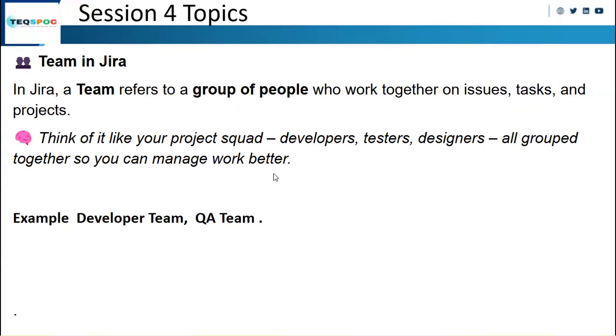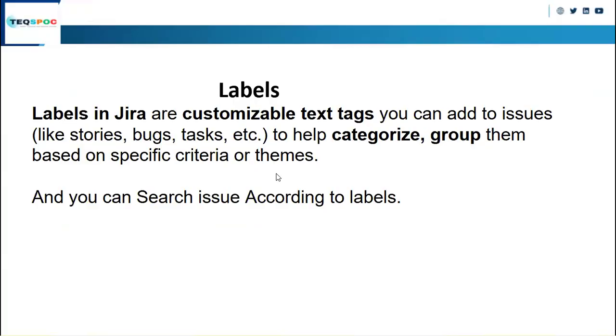Now, just like team, we have a label also. Labels in Jira are customizable text tags you can add to issues, like stories, bugs, tasks, etc., that help to categorize or group them based on specific criteria or themes. Like if you have 5 stories which are related to APIs, you can add a tag or